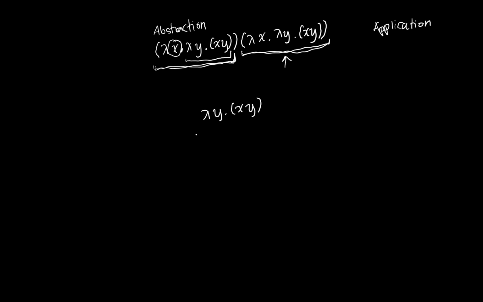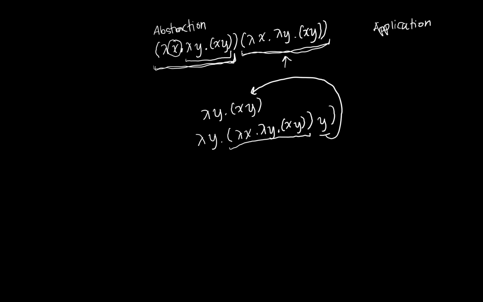So doing that, we're going to get lambda x dot lambda y dot xy, and then followed by another y. This y right here, this is the y that you see right here. And again, this whole expression right here is what is replacing the x that you see right there. Again, the reason why you're replacing x is because it is the bound variable for the abstraction at the left side. Great. So are we done? No, we can still reduce this